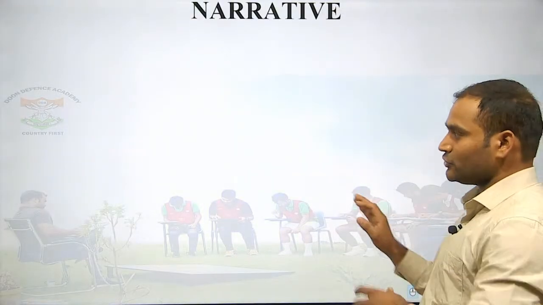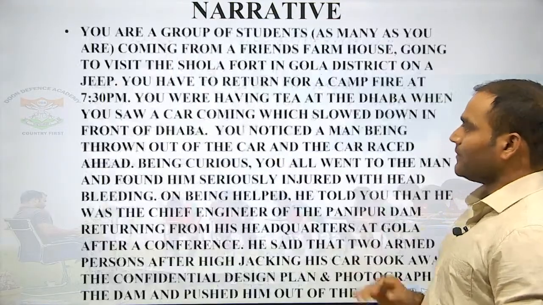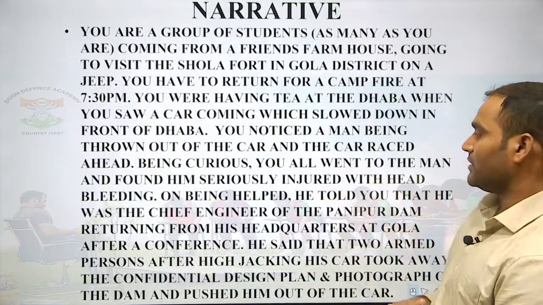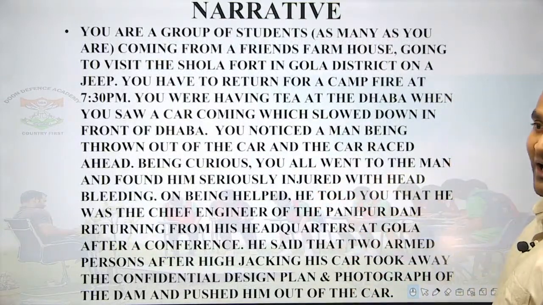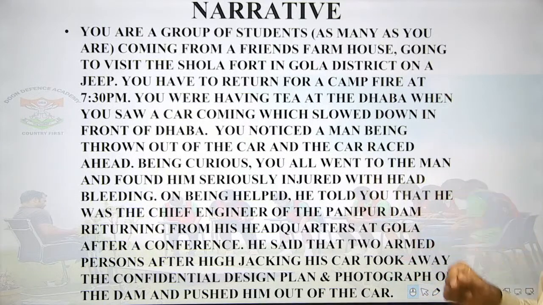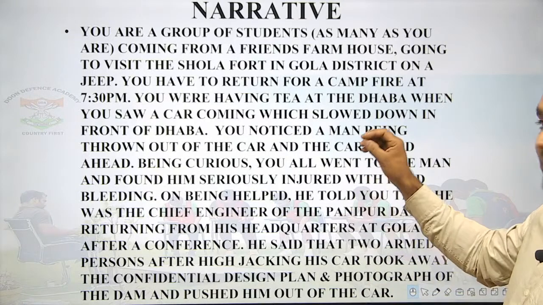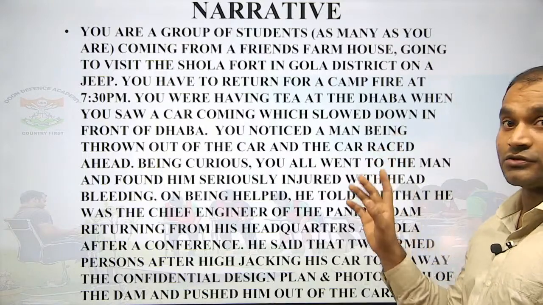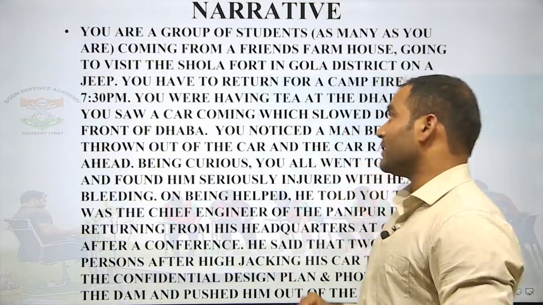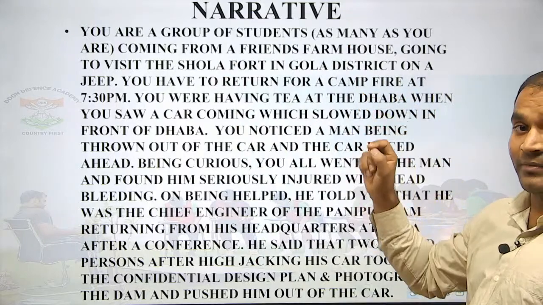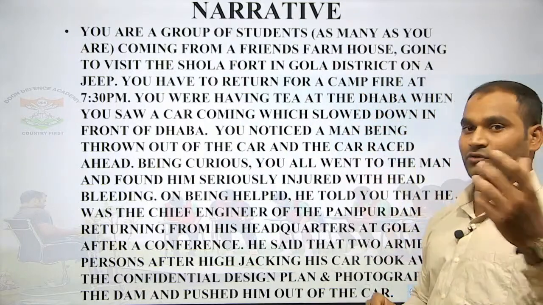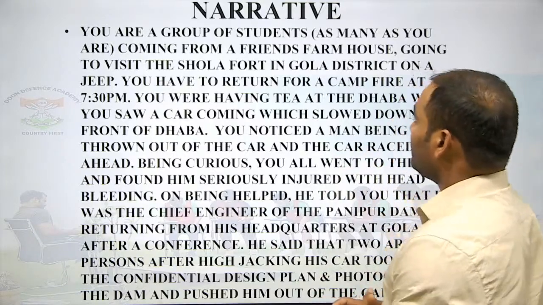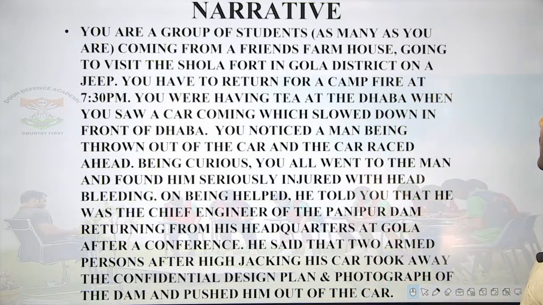Next is the narrative. You see, this narrative is important, because I can't bring both things together, but here you can see. So, I will read it aloud for you. You are a group of students, as many as you are. If you are a group of 10 members, that means 10 men are there. If you are 8 members in the group, that means there are 8. So, you have to be serious about this line, as many as you are. If he tells you that you are 10 members, then you are 10 members, maybe you are 6 here. Okay. So, coming from a friend's farmhouse,